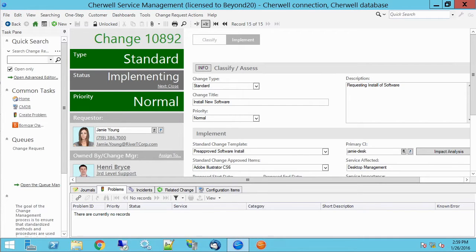I am a solutions consultant with Beyond 20, and today I want to do a blast from the past. So I have before me the very excellent and newly updated design of Cherwell Service Management version 8. But today I want to look at a one-step function that's been in the system for a long time, and